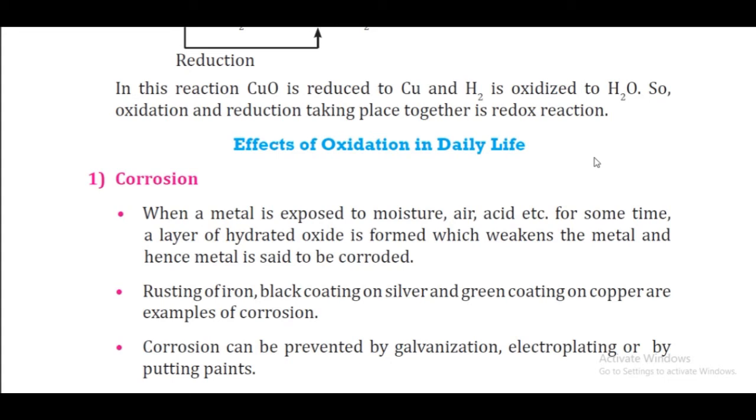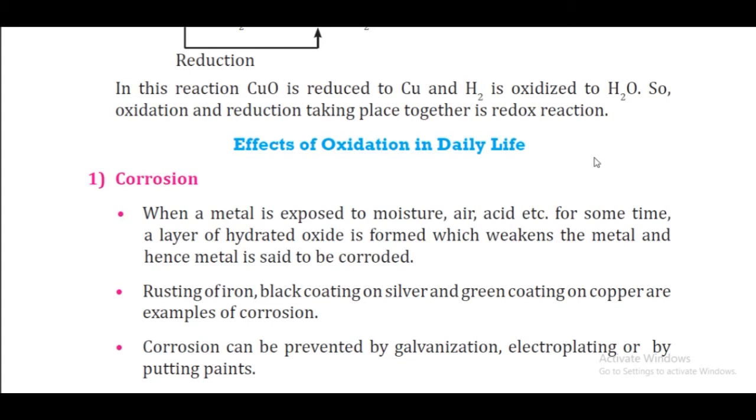The first point for discussion is corrosion. First of all, we should understand what corrosion is. Whenever any metal is exposed to air and water or acids, actually moisture and air both should be there for the corrosion process. You can take an example of rusting. Rusting does not take place in the presence of only one condition, that is air or moisture. They should both be together for rusting.